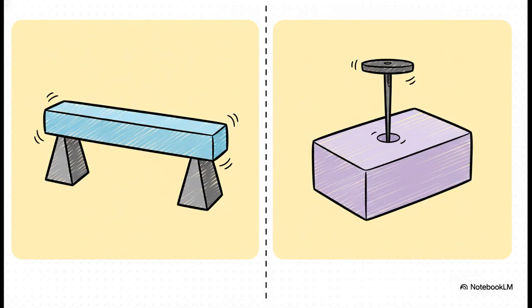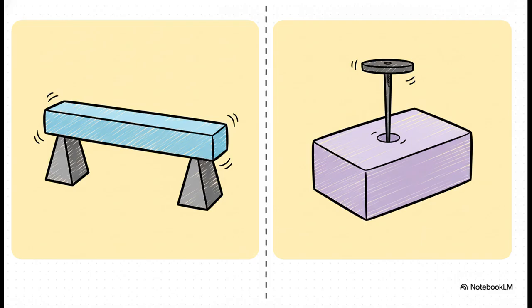So what's the real difference here? It all comes down to the type of failure we're measuring. HDT tells you the temperature when the entire structure starts to bend or deflect. VST, on the other hand, tells you the temperature when a single tiny point on the surface gets soft enough to be indented. They're both measuring how a plastic reacts to heat, but they're giving you 2 different but equally